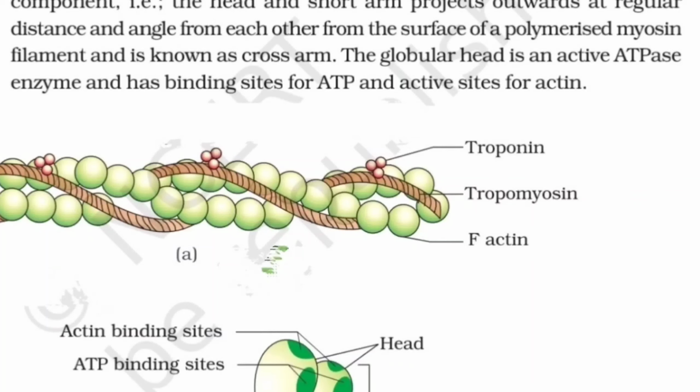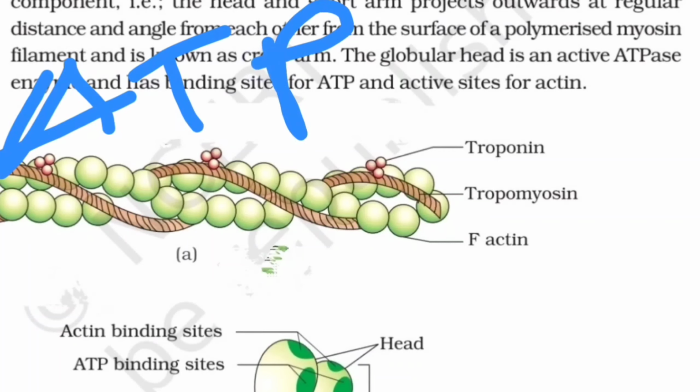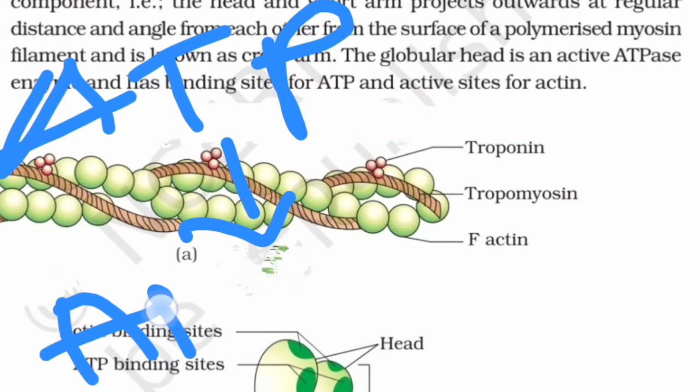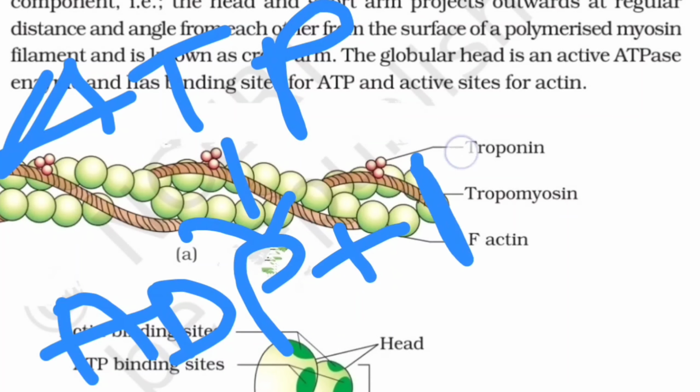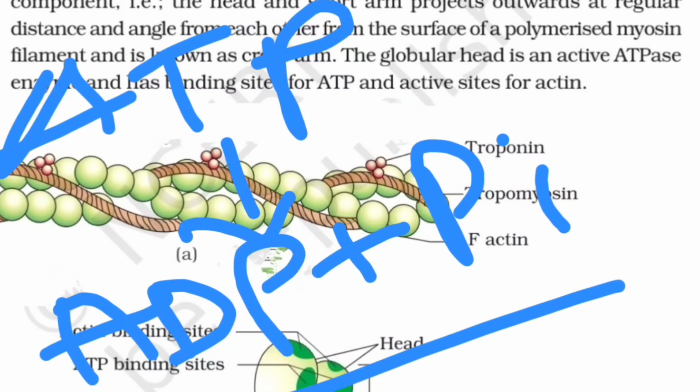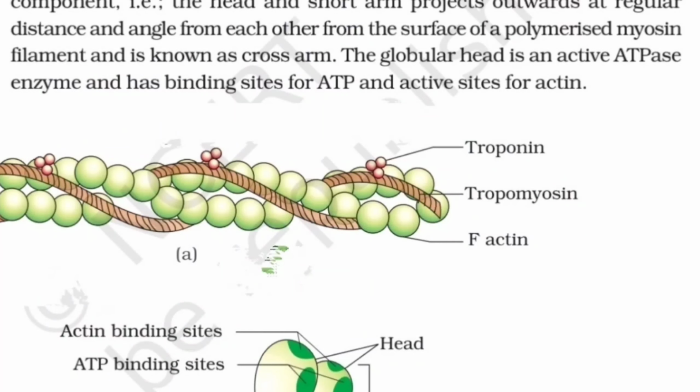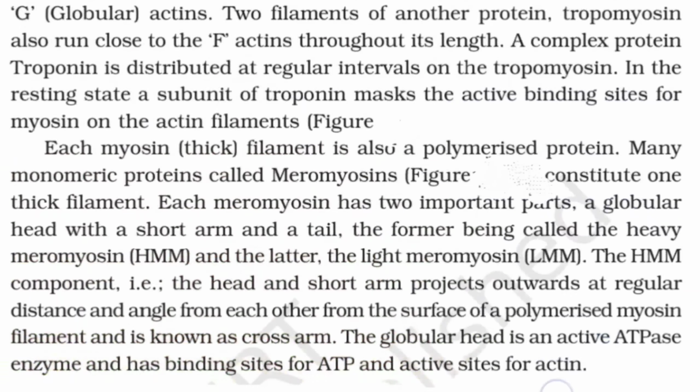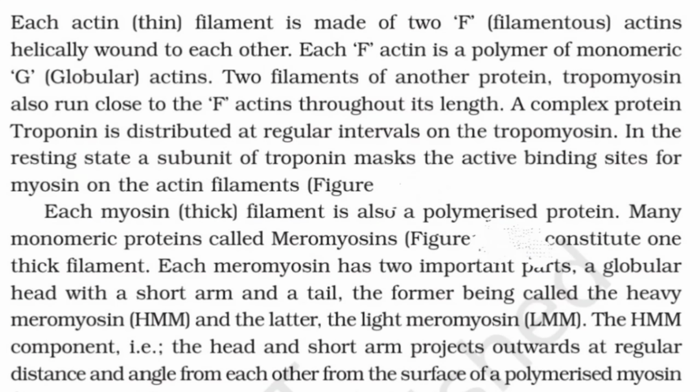Now whenever our myosin has been bound to that place, the ATP will be coming to remove that. That is the reason we have the ATP binding site as well. This is an active process. The ATP will be broken down into ADP and orthophosphate. This is the complete procedure. Basically we have gone through the structure of the contractile protein only, and then we will go for the mechanism of the contraction of the muscle.